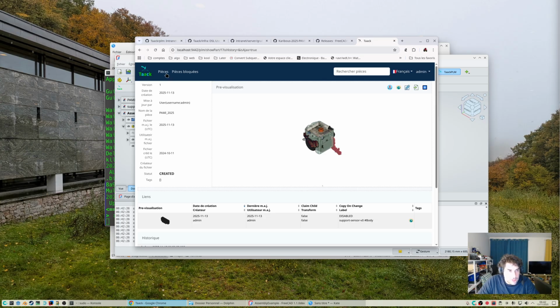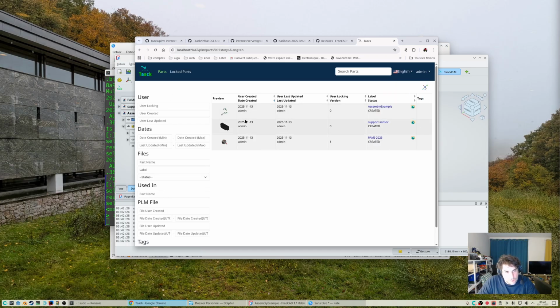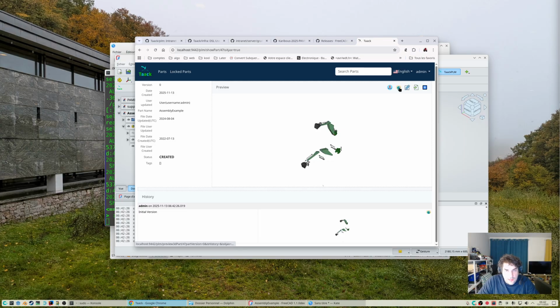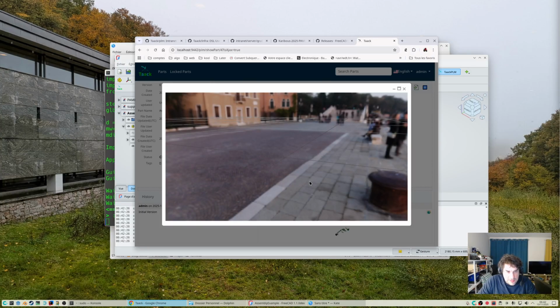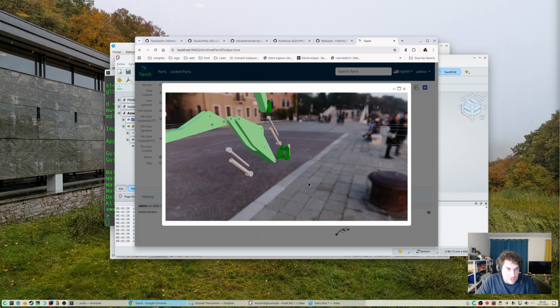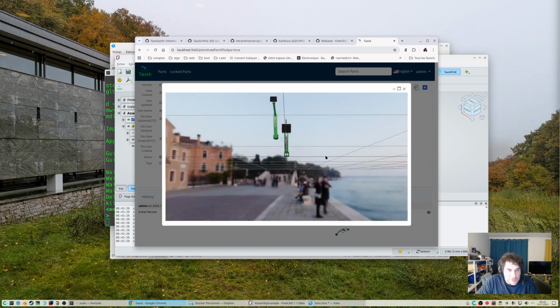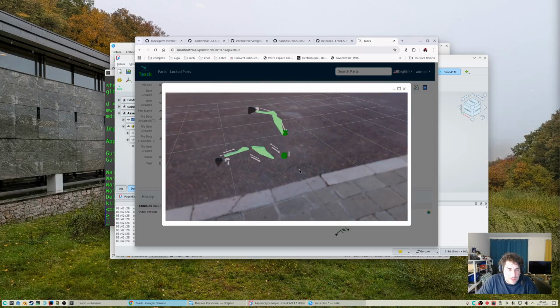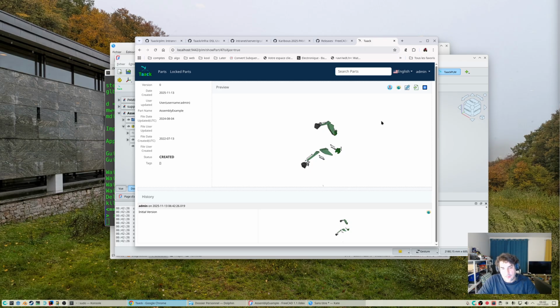And now when you go to parts, you see the new model. And if you look at the preview, the model is much simpler than the previous one, so the preview should be correct. In fact, I don't know how to improve those previews, but it's a new feature of this version we have added lately.